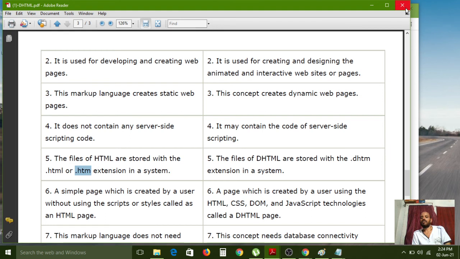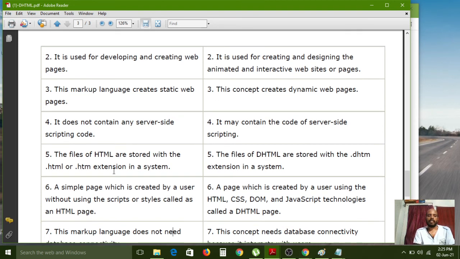But if you put all those things into a single document like an HTML page, you need to save that DHTML file with the .dhtm extension only. But nowadays .dhtm is not used, because all the code is separated into different files, in different places, with different extensions.